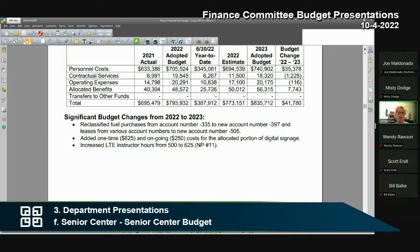So budget changes. I think you might see a lot of departments had their fuel reclassed. I'm hoping to, the digital signing, Misty can speak to that because that kind of got added after. And then increasing the LTE instructor hours. So those are our